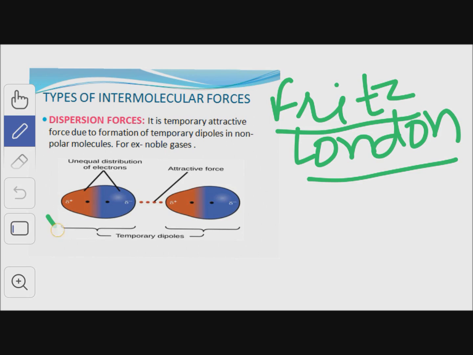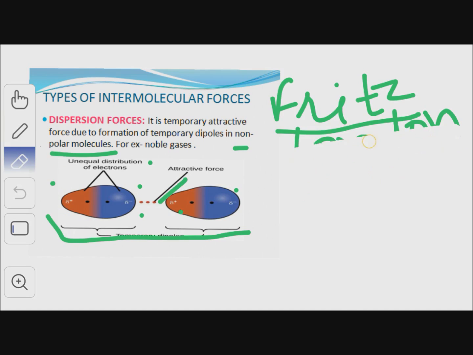As you can see in this figure, these are two momentary dipoles or temporary dipoles due to the unequal distribution of electrons, and these exist between the non-polar molecules, and they attract each other, and the attractive force is called dispersion force. For example, in case of noble gases